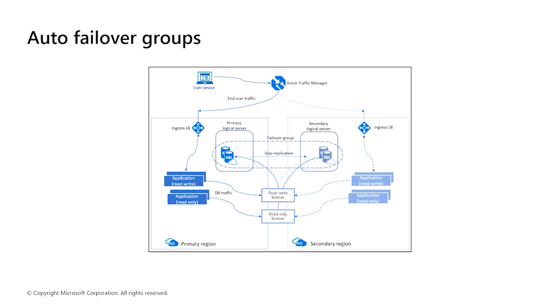All right, so let's now have a look at the Azure Auto Failover group. This feature works for both Azure SQL Database and the Azure SQL Managed Instance. It's aiming to keep your database highly available by managing replication to another region and automating the failover process. Here is how that works. There is a listener function that handles both the read-write and the read-only activities. When a failover happens, the DNS will be updated automatically, so your clients connect to the right listener name without needing to know any additional details.